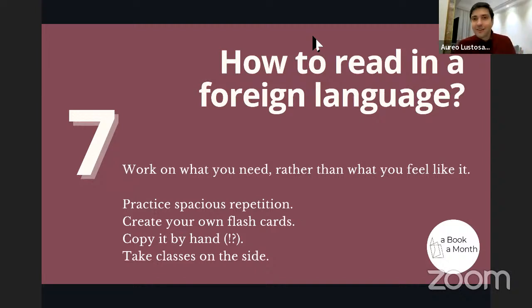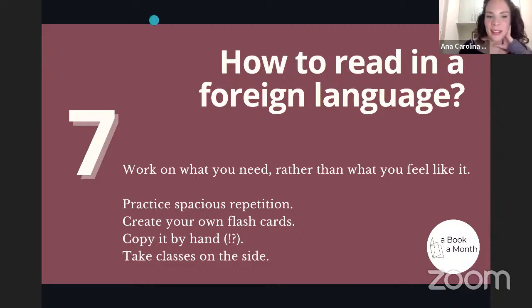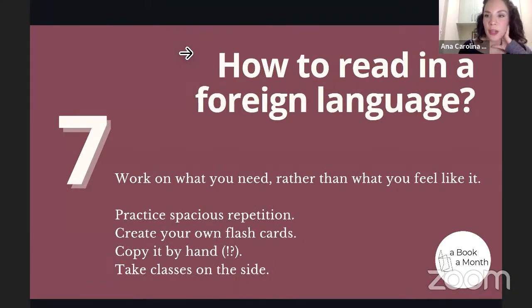I've never tried this. I don't think I will. It's not very much my style, but it really worked for him. So yeah, I think that copying by hand is something that can be quite efficient, really. Well, my example is not so glamorous as copying dialogues by Plato, but when I was a teenager I really wanted to learn English and to be fluent in English, and I have always been very interested